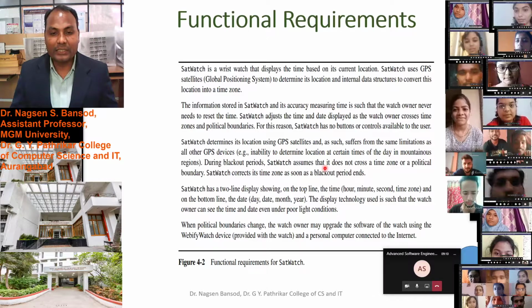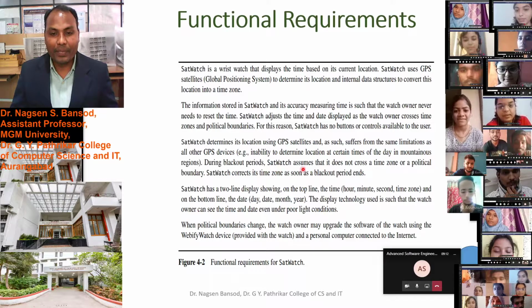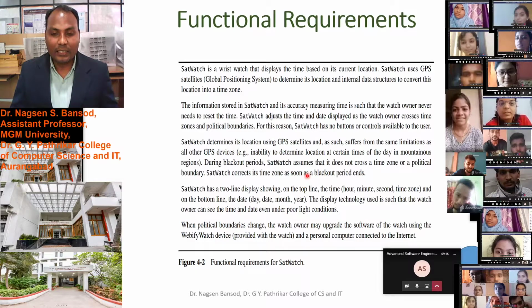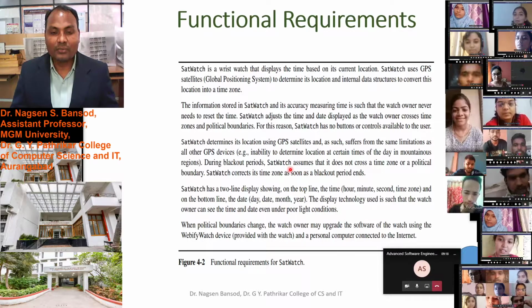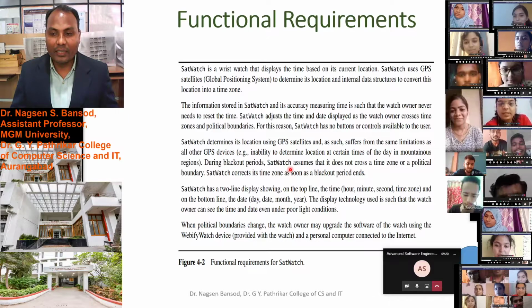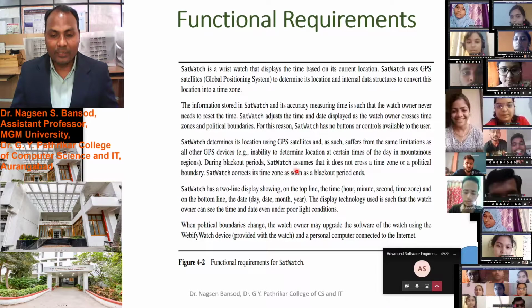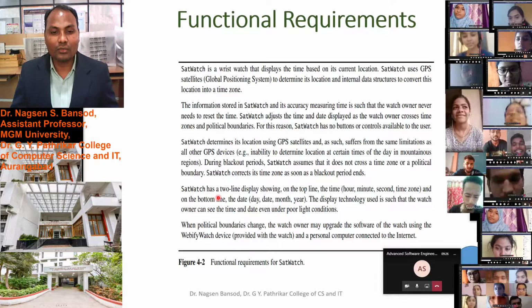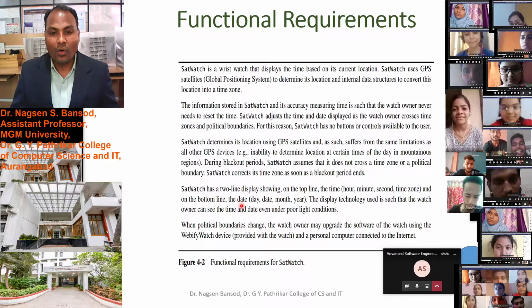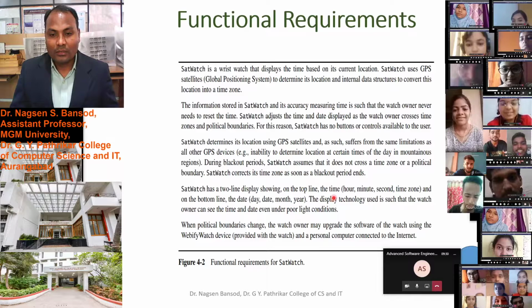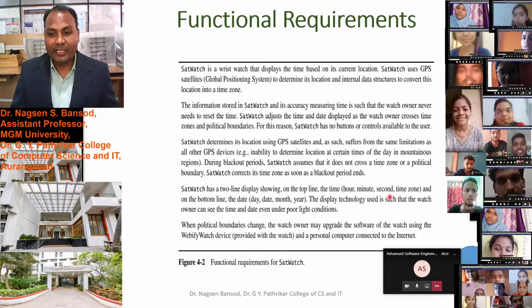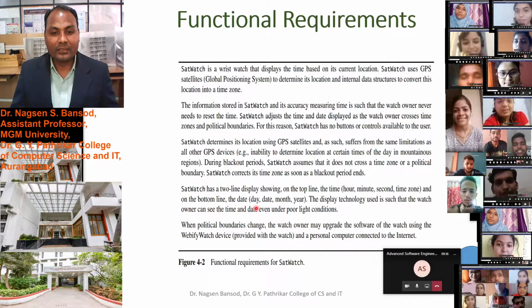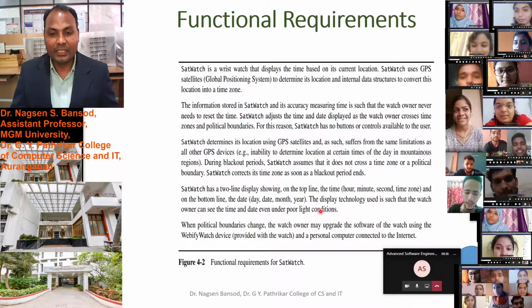Even though your connection is lost from GPS, your satellite watch automatically adjusts the time. Because this is a functional requirement, we have already collected it and implemented it in the satellite watch. Satwatch has a two-line display showing on the top line the time: hours, minutes, seconds, time zone, and on the bottom line the date: day, month, year.